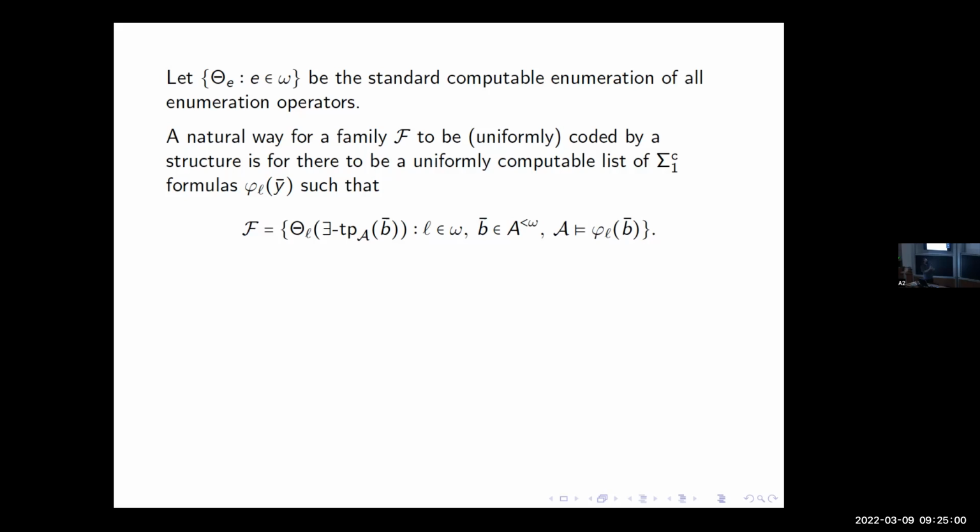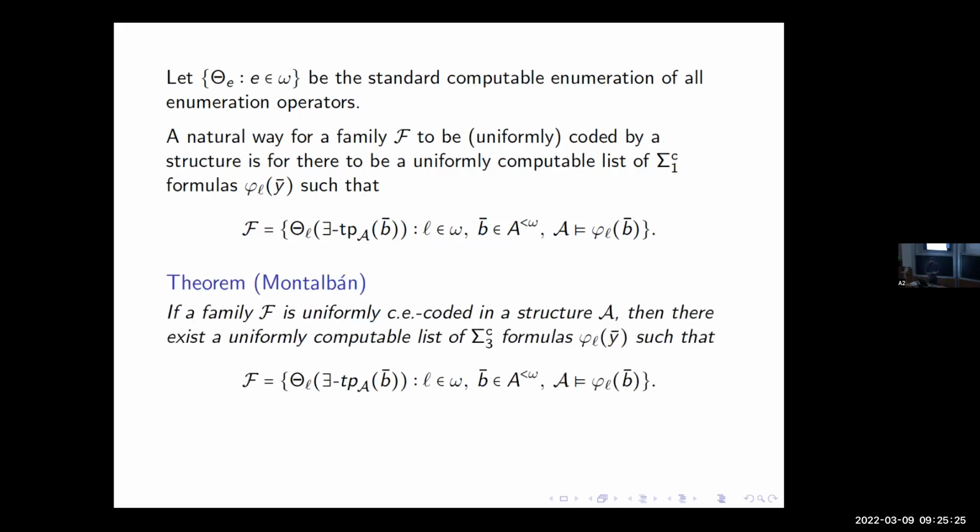Definitely the thing on the right-hand side is going to be a way of enumerating a family from every copy of the structure. And the most natural way for F to be CE coded would be for it to be equal to something of this form. So you should think of this as the family version of what Knight's theorem for sets would generalize to. If it was going to generalize, this is what it should be.